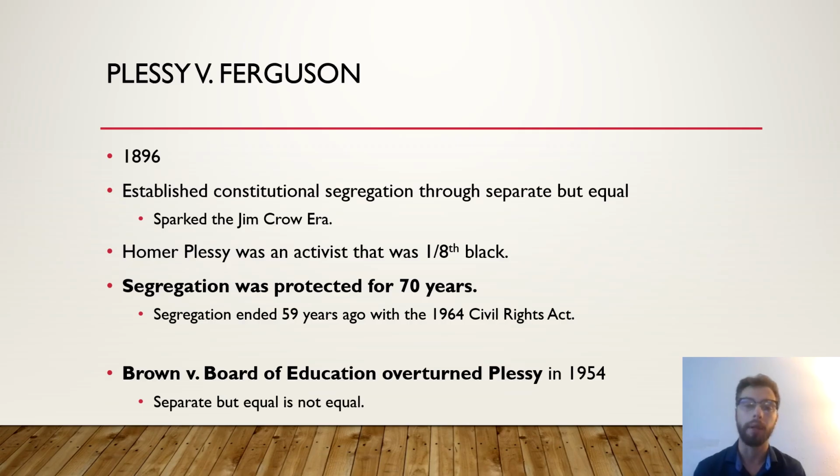And an individual, Homer Plessy, identified that, well, we have a constitutional right to these resources, and if we get to the Supreme Court, we will win. So Homer Plessy, who was one-eighth black and at the time was referred to as passing white, notified the railway companies that he was a black individual who would be sitting in the white section, purposefully acting as a protest against the policies, purposefully arrested, and then eventually brought this case to the Supreme Court, in which they argued that this is not constitutional.